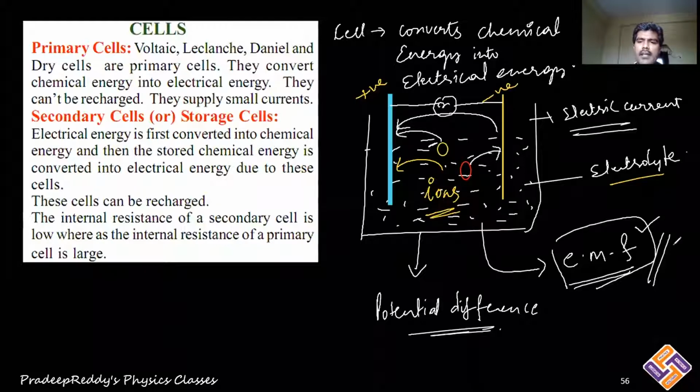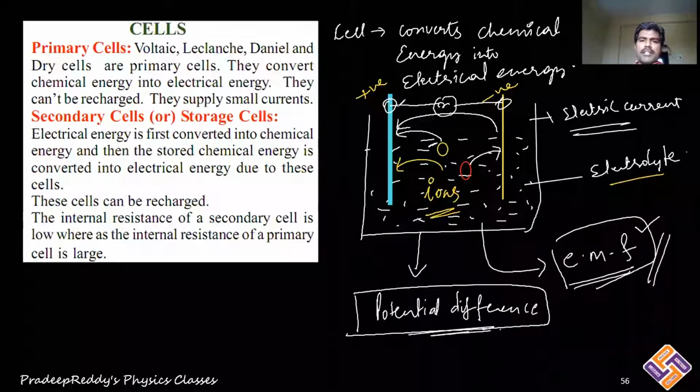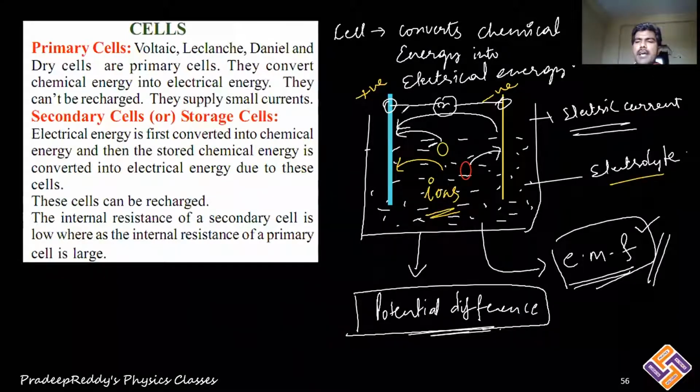This electrolytic cell has some EMF. If you connect these two electrodes with some particular consumer, in such a case, the positive and negative terminals offer some potential difference for that consumer. As there is some potential difference between the positive and negative terminals of these electrodes, charge will be transferred from high potential to low potential. Usually current flow will be from high potential to low potential. This is the way when you connect the two terminals, this cell will offer potential difference.